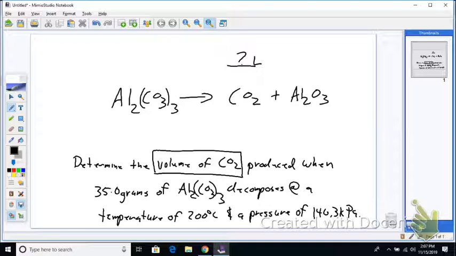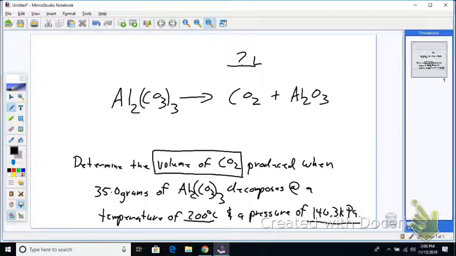Okay, above the CO2. And so we know that the conditions are at 200 degrees Celsius, which we've got to change to Kelvin, and it's at 140.3 kilopascals is the pressure that this reaction is. Okay. So before we find liters,